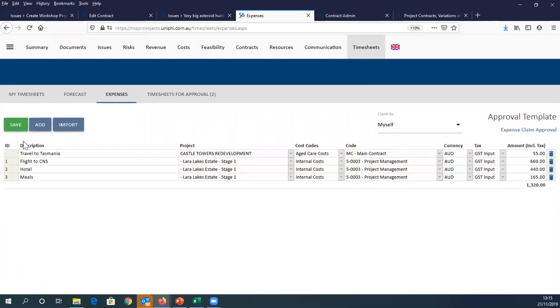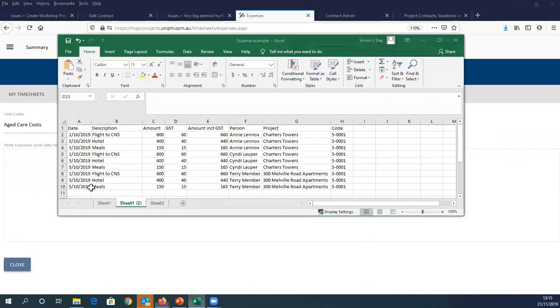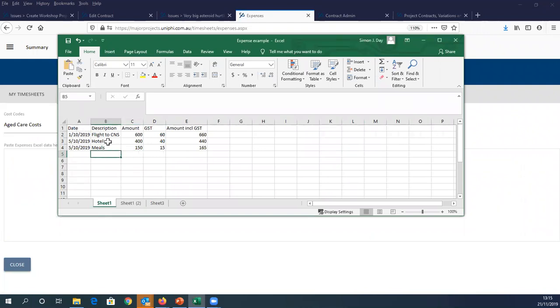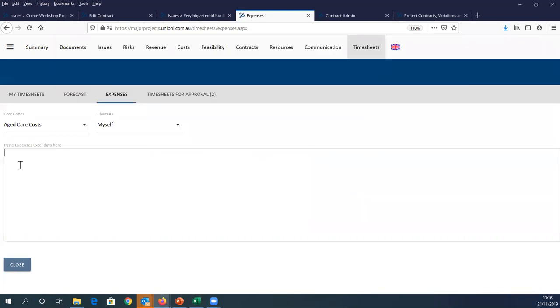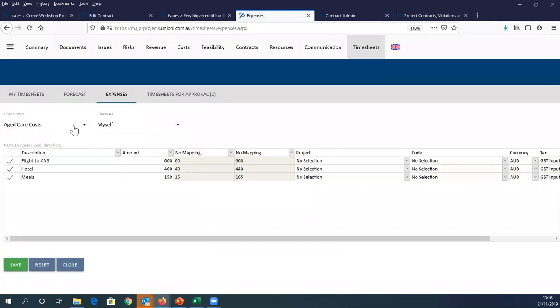But rather than adding it one at a time, we can now also import these expenses. And here are some expenses that I prepared earlier. So, for instance, if you've got a company credit card and you can pull the credit card statement off the web into Excel or CSV, you can then just copy that and paste it in here and select the internal costs that we're putting that in against. And UniPhi, as much as it can, maps the data,